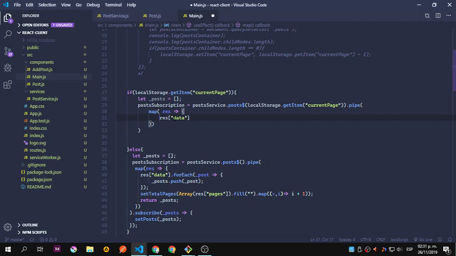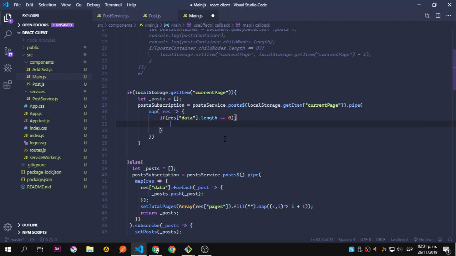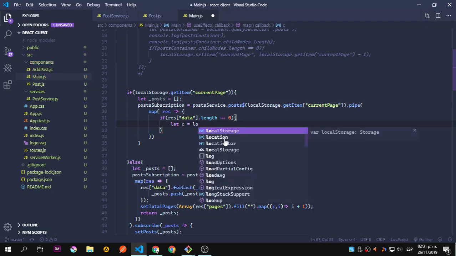We're going to check if the response data has a length. And if that is 0, remember that it returns the posts, so if that is 0, then we're going to say, let's see, just to name this variable, local storage